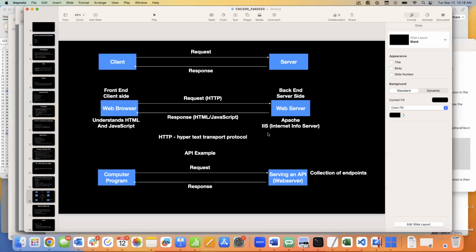That would probably be Apache. Otherwise, if it's on some kind of Windows server, it would be Internet Information Server, IIS. And there's some other ones in the middle for special purpose stuff, but in general, those are your old school large web servers. Okay, and these are things that accept HTTP requests and spit out responses, usually in HTML and JavaScript. All right. So that's what this client server model is here.